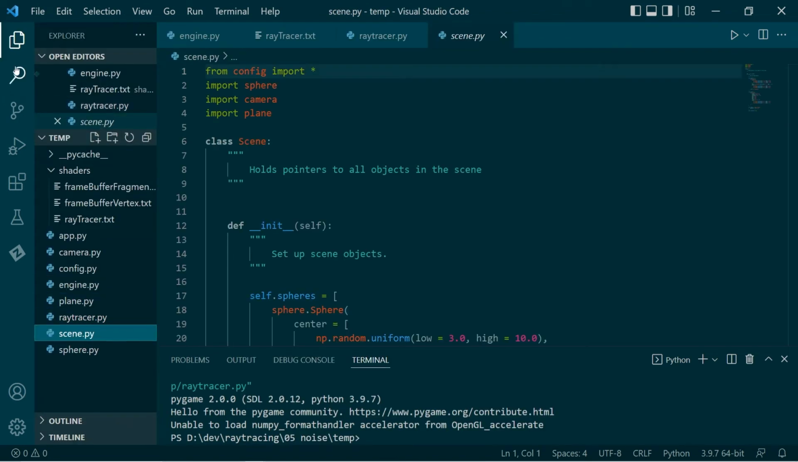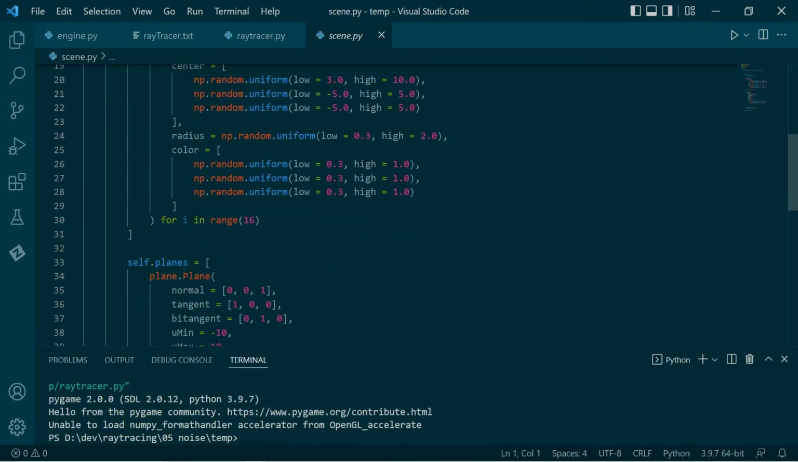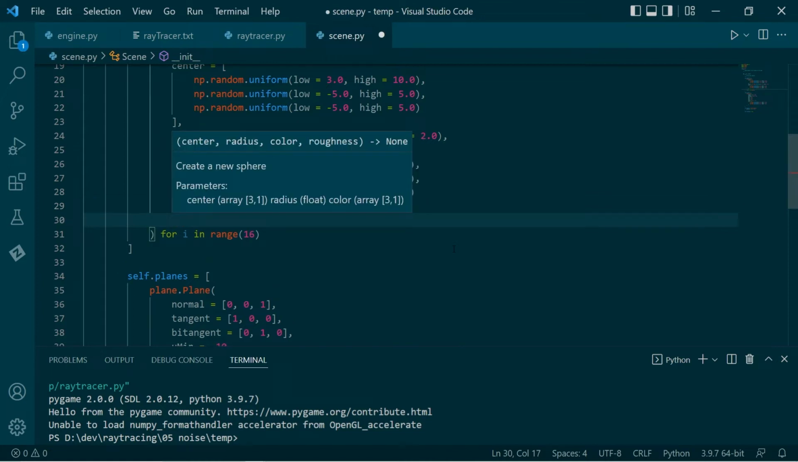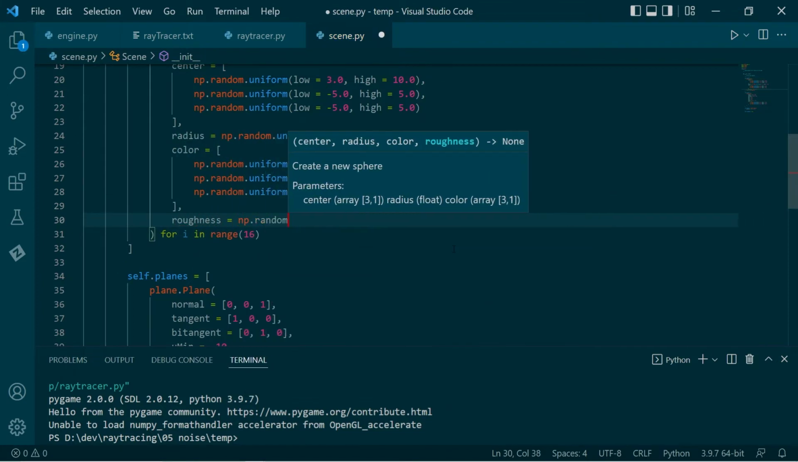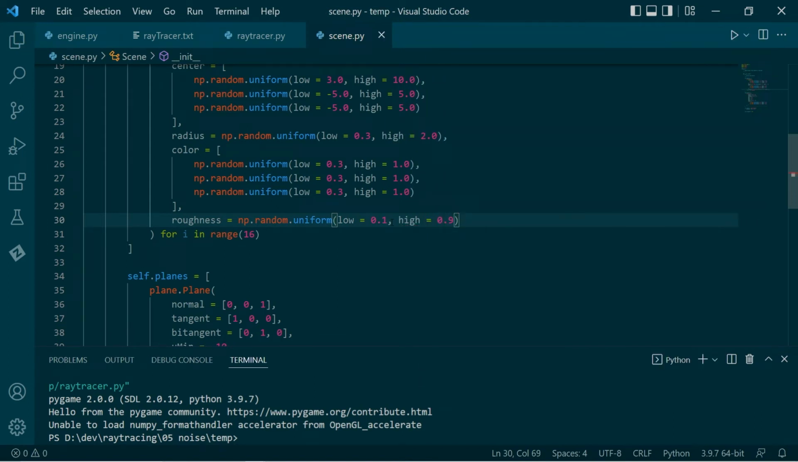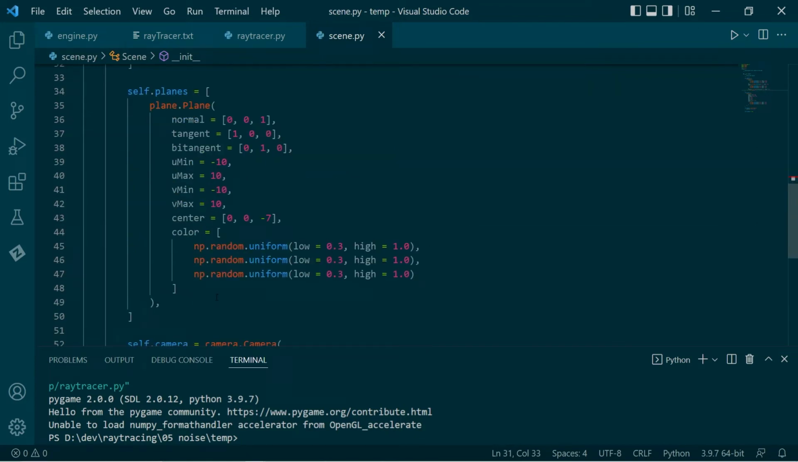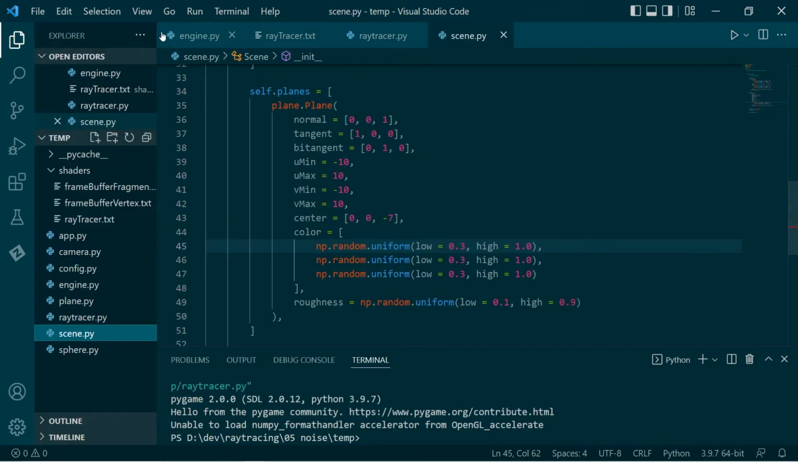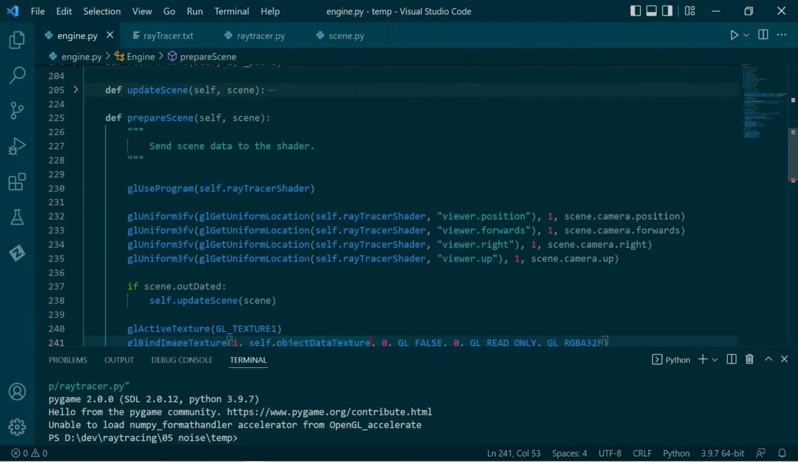And we'll go to the scene so that when we create these objects, we also give them a roughness value. As you can see, you can tweak the range here to get a different range of roughness, but I feel this is pretty good. Okay, so now if we go back to the engine,